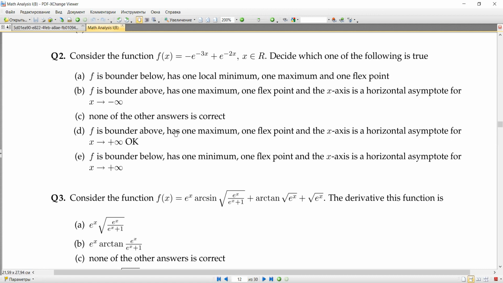We need to check asymptotes. In the previous one, in B1, x tends to minus infinity. But to consider each case, we don't know here, for example, the solution, yes? To consider each case, you need to consider here both x to plus infinity and x to minus infinity. But when you do it, when you check,